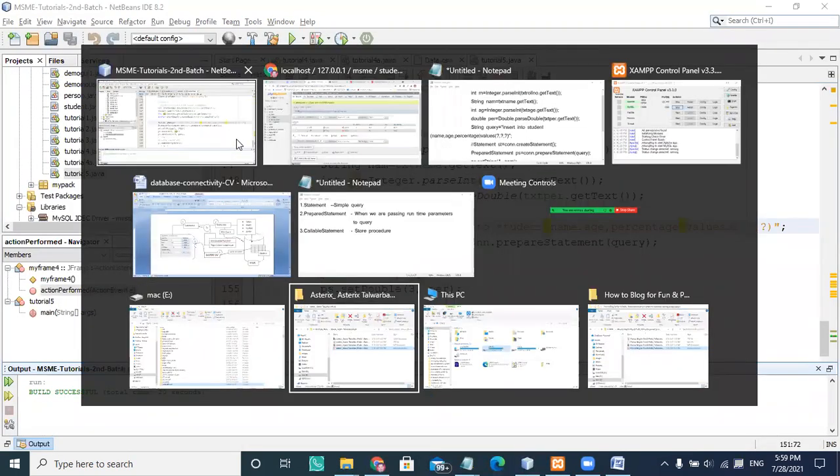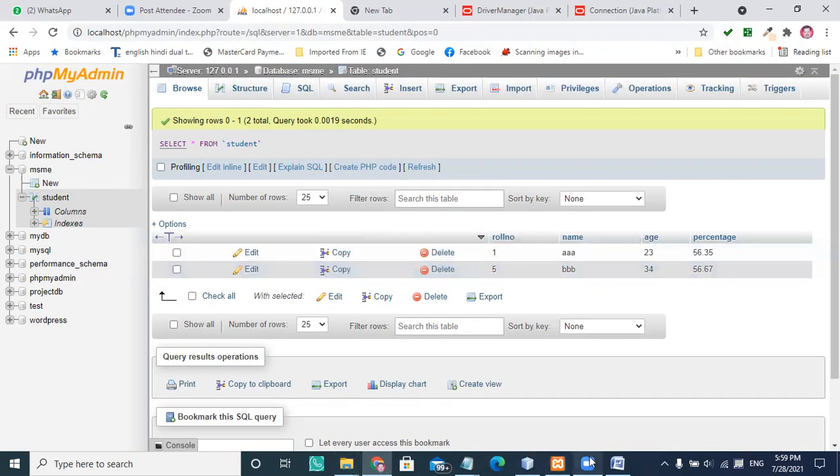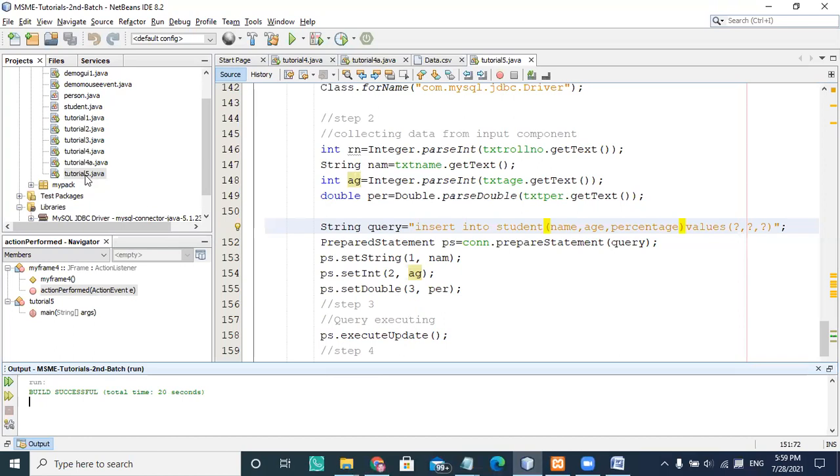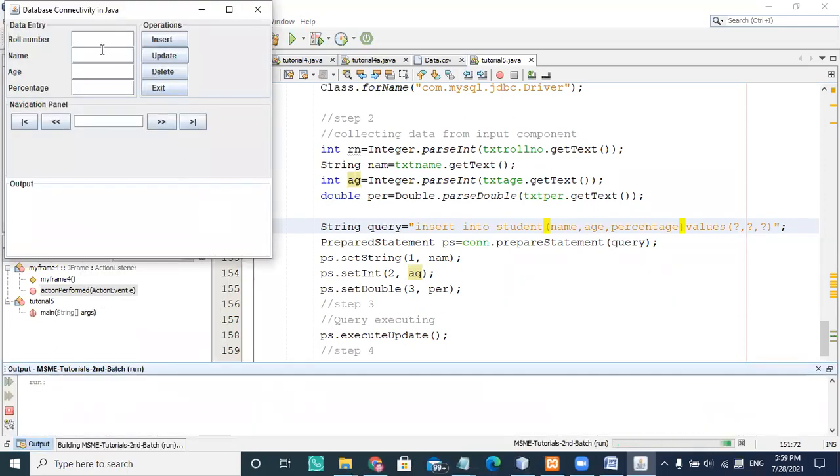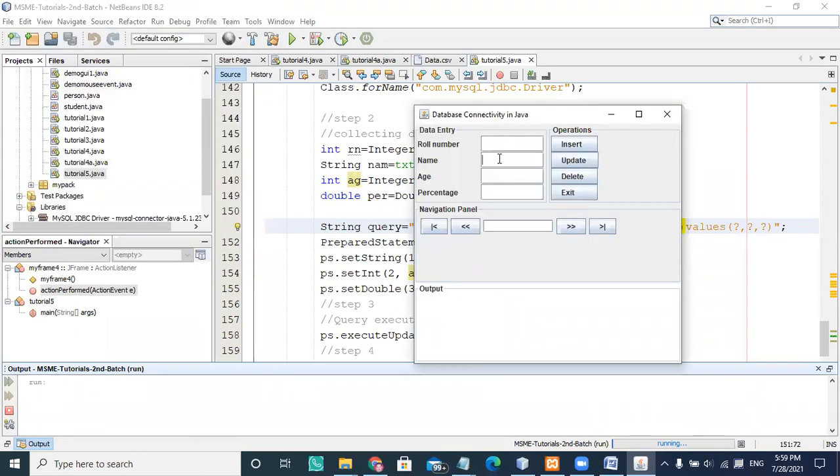That's why I told you not to consider the roll number, because I have to deactivate this and insert name, age, and the percentage only. So I can use n number of records. Even if I write CCC here and some age like 67 and a percentage of 87.56, I'm inserting a record.